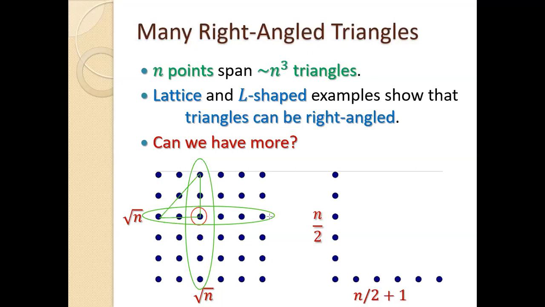So for any point that I choose, yeah, you're giving me a harder one, kind of. So maybe it depends really on what is happening here. Any point that I start with, the one I circled in red, is next to the right angle for at least n points. There are about n triangles I can form this way. So n triangles for each point.